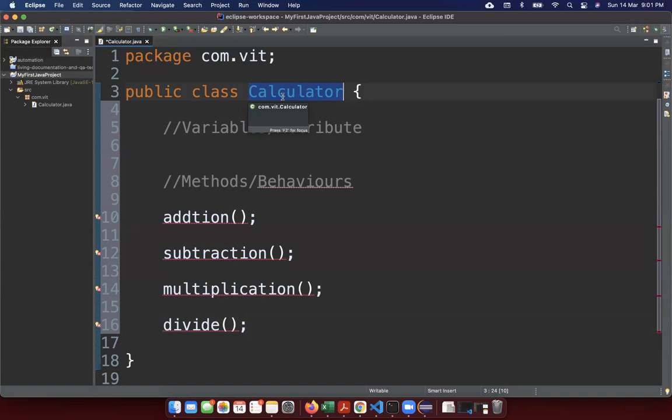Even developers, when they start programming, first think about the class. A class is nothing but an entity or a noun, and they create a class using that noun. Once they create it, they think of what operations could be in that class, what this class should be doing, what the behaviors are. These are also called behaviors. So because I'm using a calculator program, I'm saying, okay, the calculator can have these four operations or behaviors or methods: